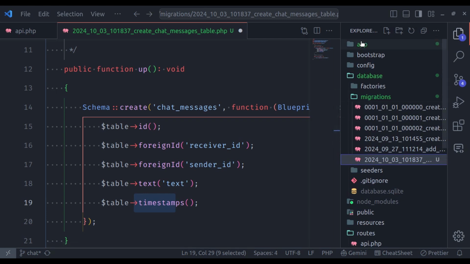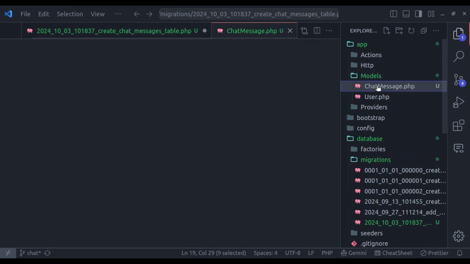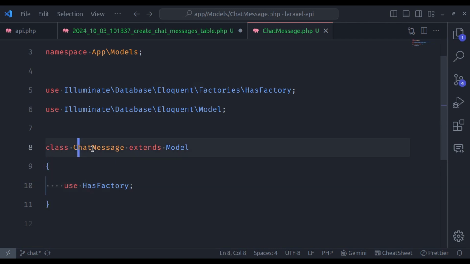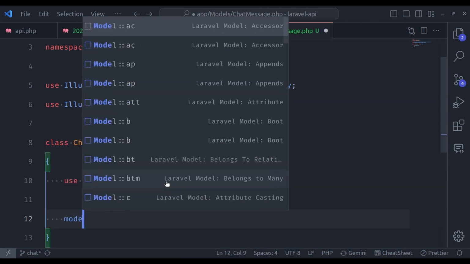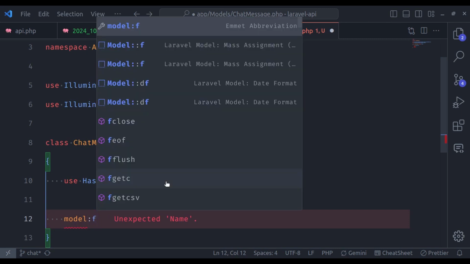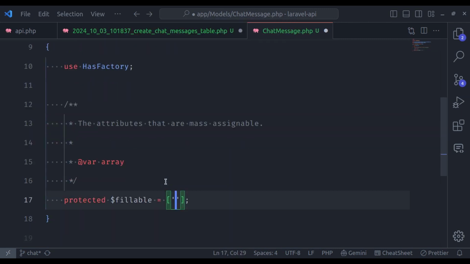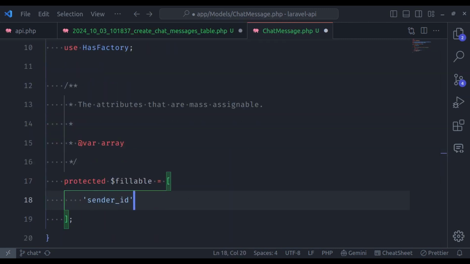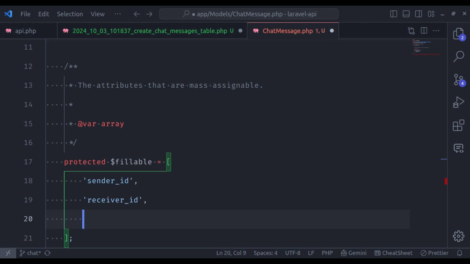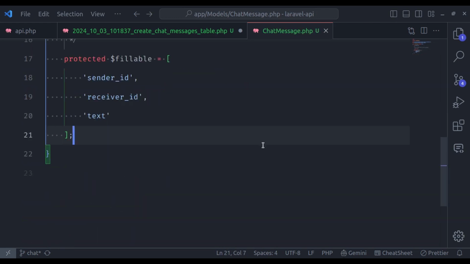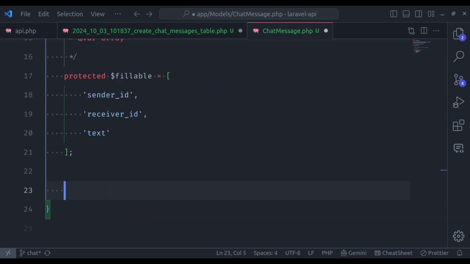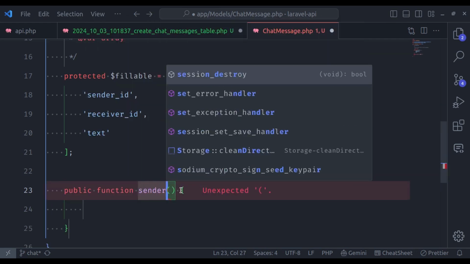So in the app models chat message, first thing in this chat message model, let's define the fillables, and this fillable is going to have sender ID, receiver ID and text. Next we will create a sender and receiver relationship methods, public function sender, and it is